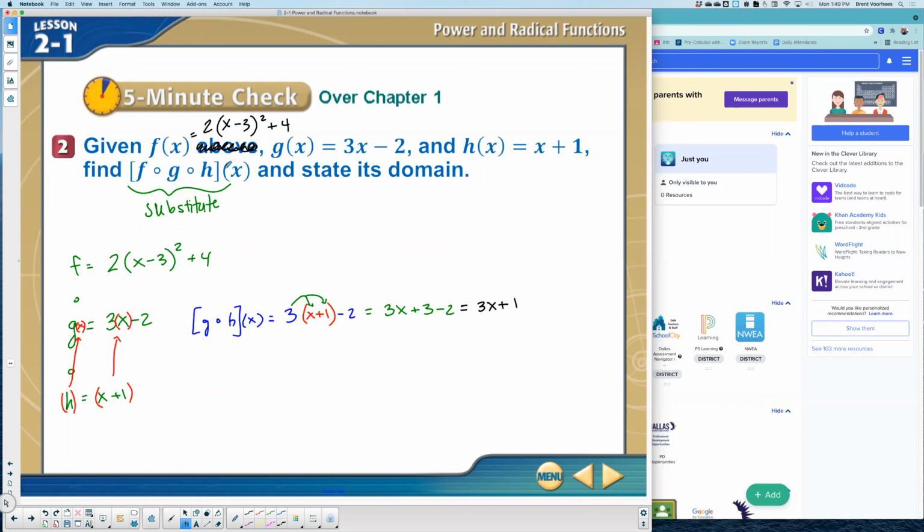So we're supposed to find f of g of h. That is g of h. That is h's equation substituted into g. Now that we found that, we're going to take this equation and substitute it into the x in f's equation. That's the idea. So we're going to take this 3x plus 1, and it's going to substitute only for the x. Only for that x. That's what I'm doing here. So that's going to go in right there, which means f of g of h